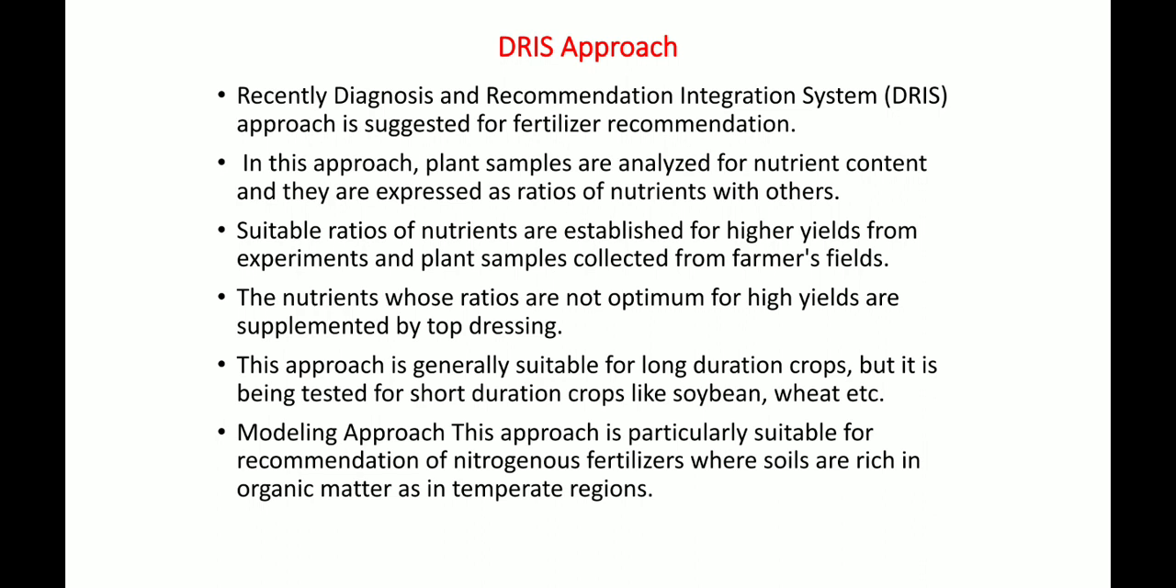In short, the DRIS approach is the concept which is used for the recommendation of fertilizers, where firstly we diagnose the plant sample as well as the soil sample for the evaluation or analysis of nutrient availability or nutrient balance. And as per the ratios of these nutrients used in the DRIS approach, for getting higher or potential yield, if the ratio is low or not optimum, then the nutrients can be supplied through